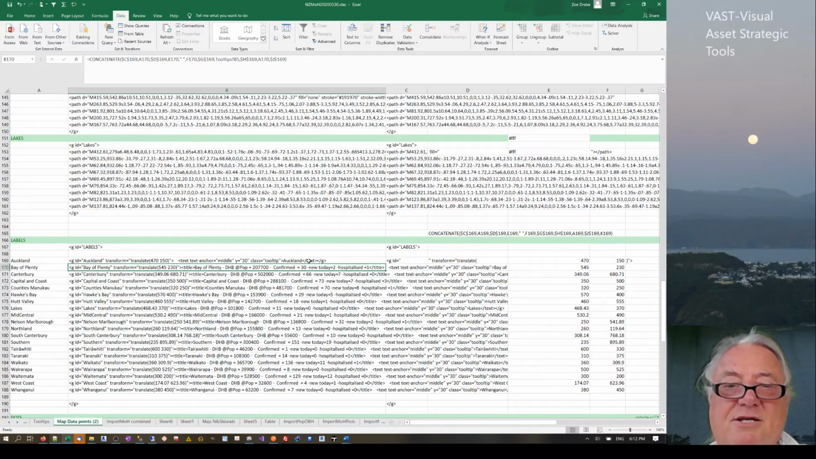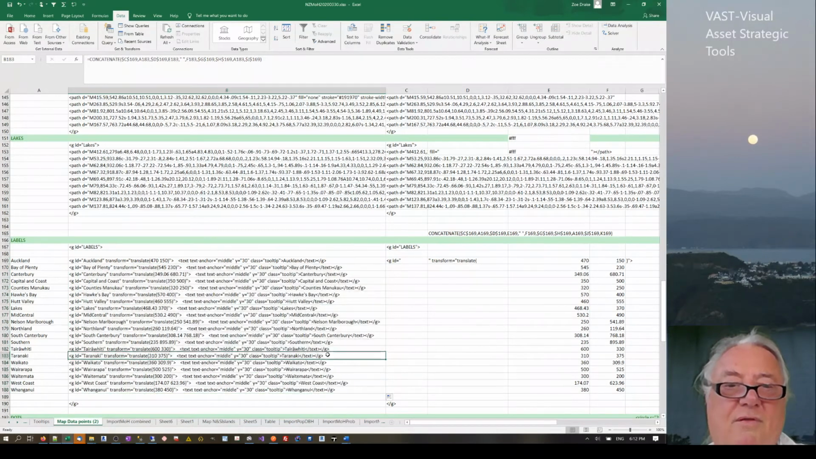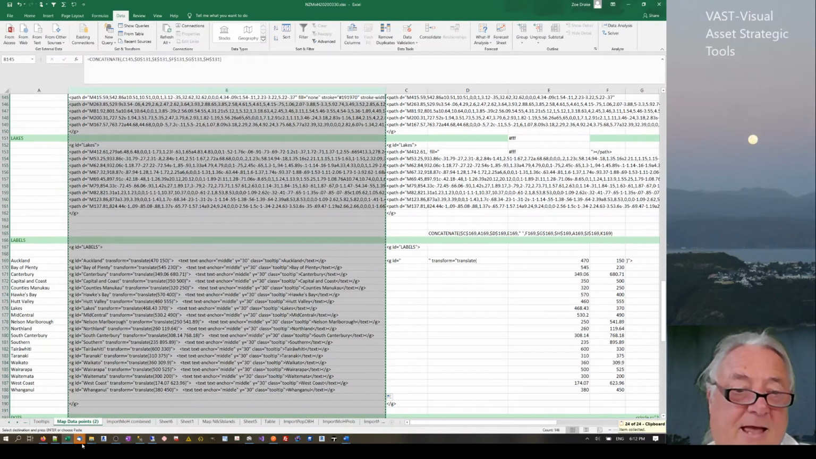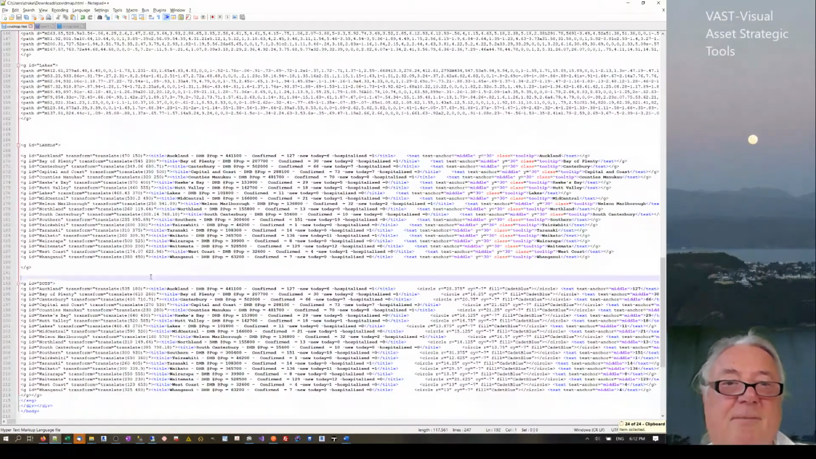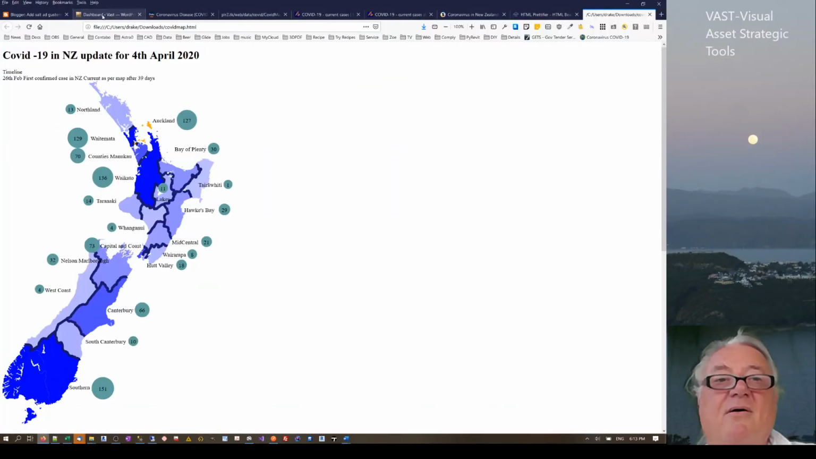And then I can actually just drag that down, and therefore I've just updated all of that bit of code through there. Now I can actually just copy that all the way through, select all, paste, update, and if I just go to my map now and do a refresh on that,